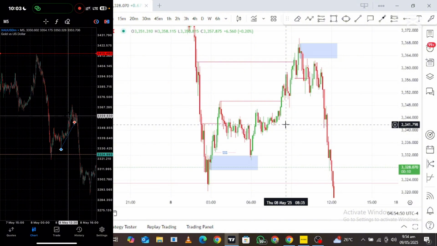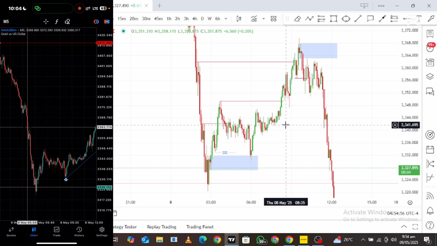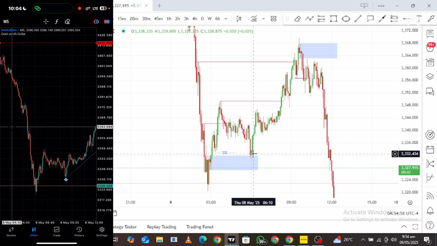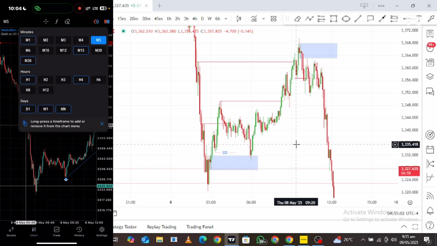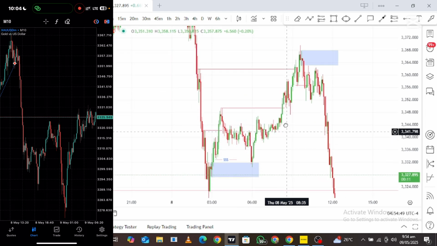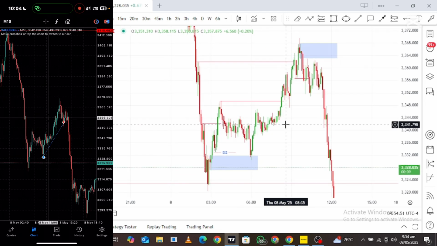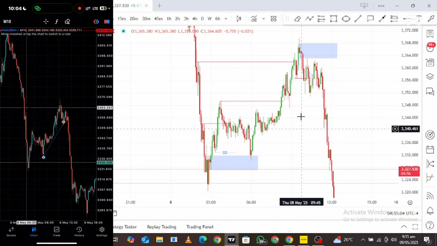And then when price was going in a bullish direction, I was just expecting price to react right here, only at this particular area, because price ended up taking out this high right here. So I was expecting price to react. I think the high was on the 10 minutes time frame. Let me show you guys on the 10 minutes time frame. Okay, so the high was on the 10 minutes time frame, so price ended up taking out this particular high, and I was expecting price to react right here.